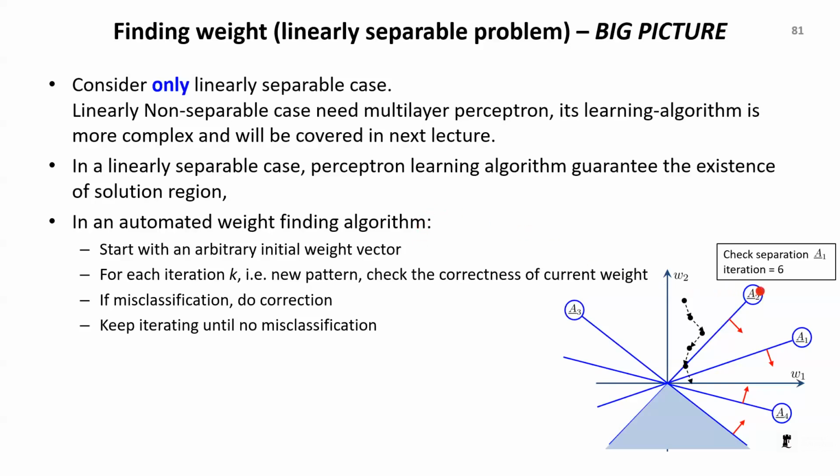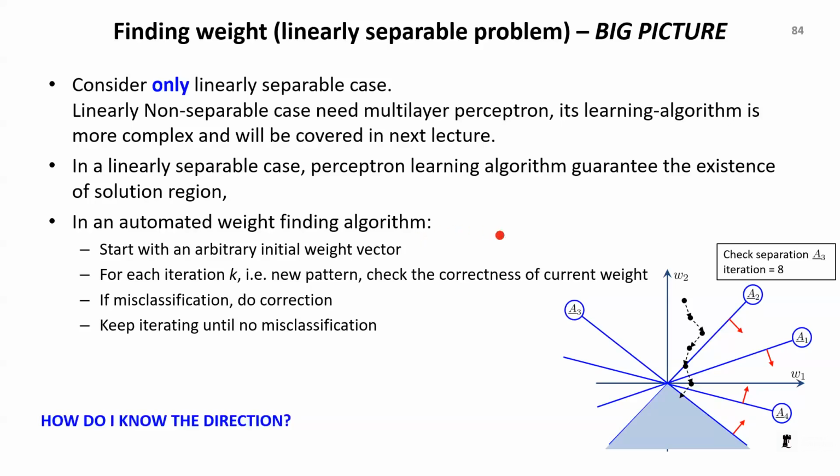Now we check A2. For A2, this point is already solving, so there is no need to update for A2. If we go to the next one, it stays there. Now we check A3. This particular point, the triangle, is not solving for A3 because the solution for A3 is down there, so it needs to move. Now we go back to A4. For A4, the solution is down here. This point is already solving, and in fact it's already in the solution region. So if we iterate back, it will remain there, because if it is already correct, you don't need to move.